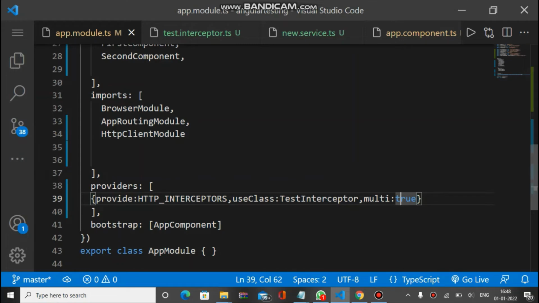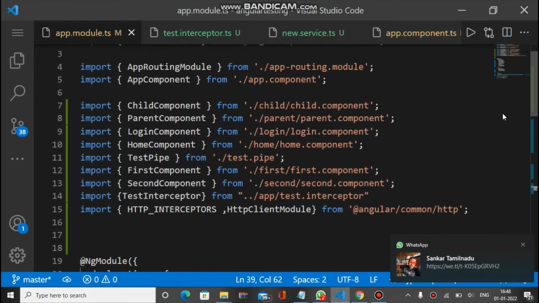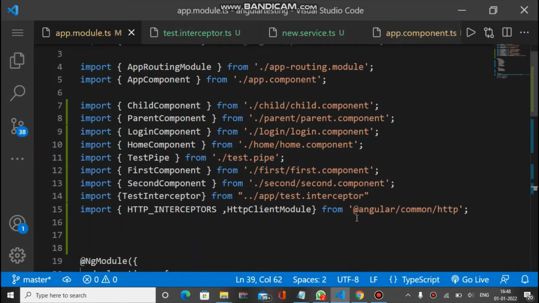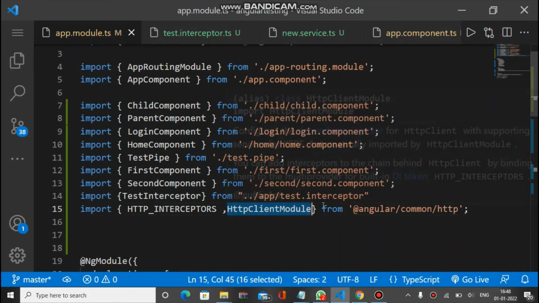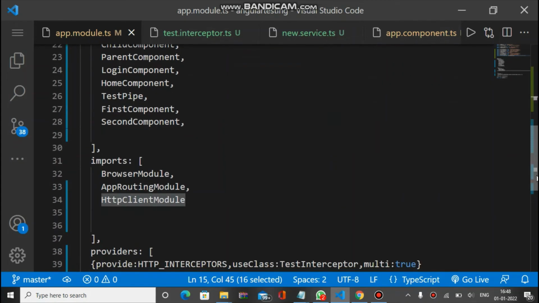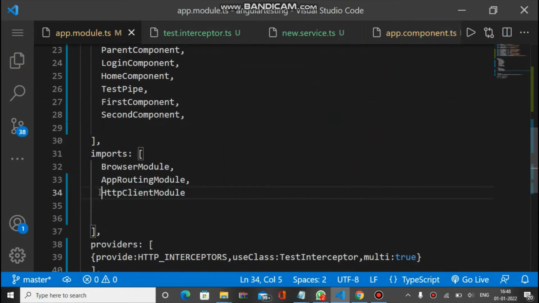To test this interceptor, you have to call an API. When you call the API, this interceptor will work. To call the API, you have to use HttpClient, and to use HttpClient, you have to import the HttpClientModule from Angular common HTTP, and add it inside the imports array.